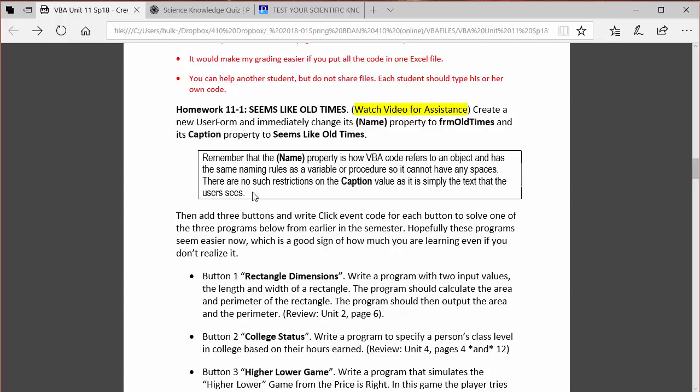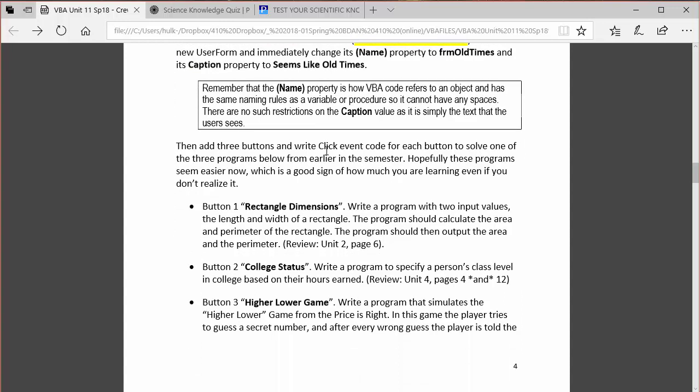The name property is how we reference it in code, and the caption property is what the user sees, and those are different things. Getting used to using the name property and changing it, if you're going to change it, change it early, because it's better to change it early than late because of any other code you write and other reasons. So on this form you just created, add 3 buttons, and then write click event procedure code